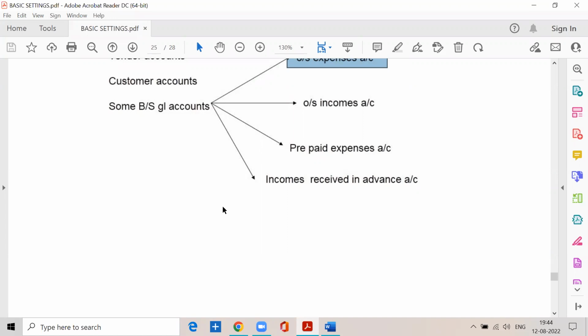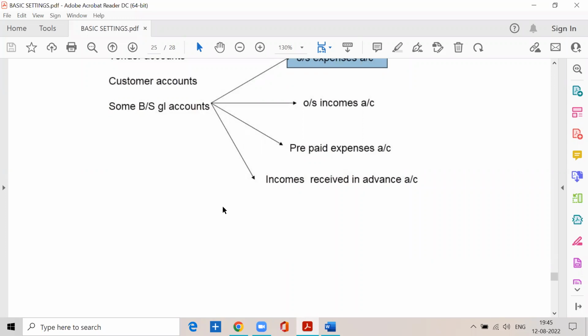But there are some expenses which are incurred in the current month but paid in the next month. For example, rent. The rent of every month is paid on 1st of next month. The rent of April is paid on 1st of May. The rent of May is paid on 1st of June. Similarly, let us assume we are paying the salaries on 1st of every month. In that case, the salaries of April are paid on 1st of May. The salaries of May are paid on 1st of June, and the salaries of August are paid on 1st of